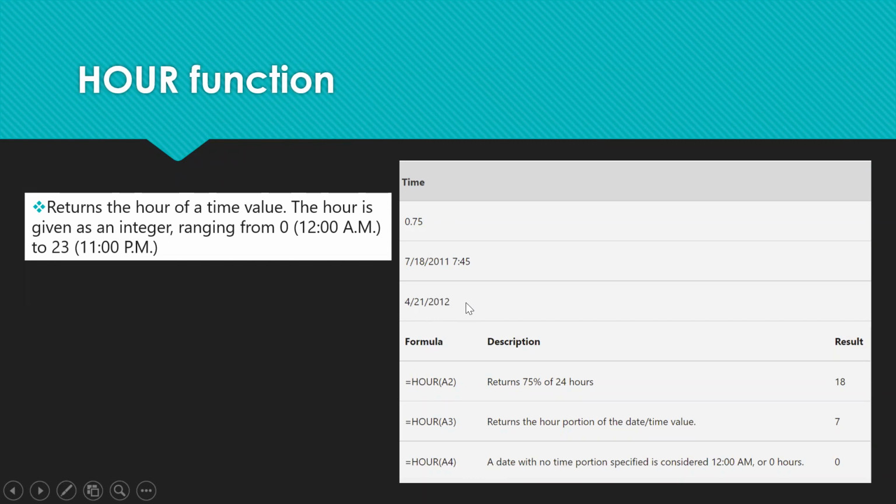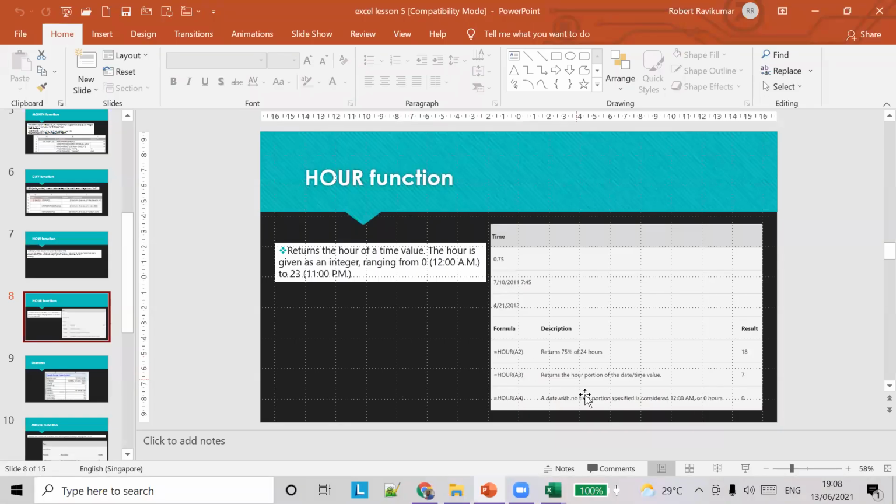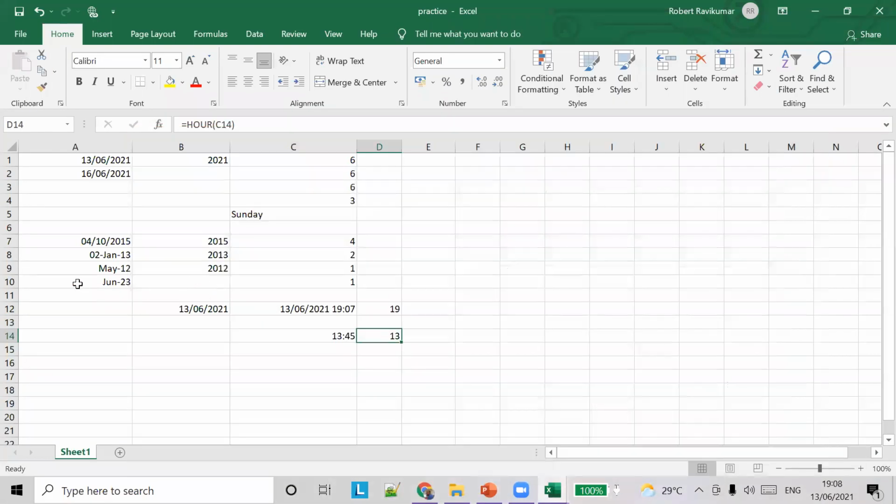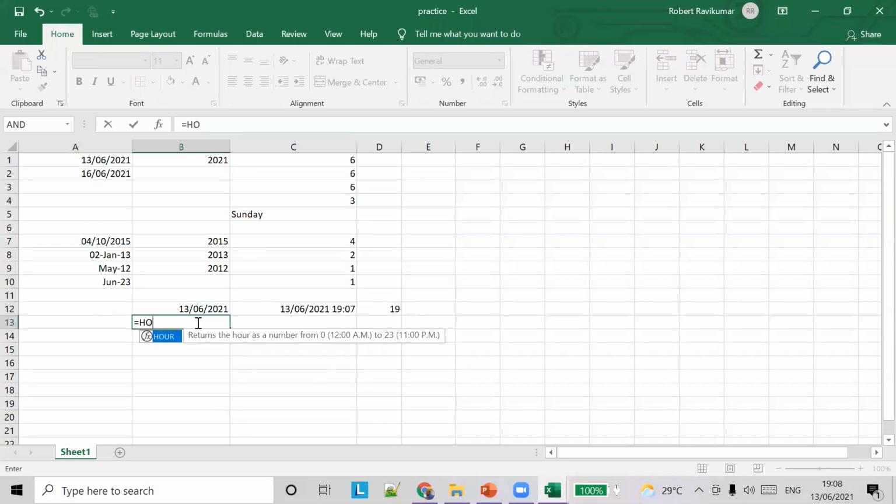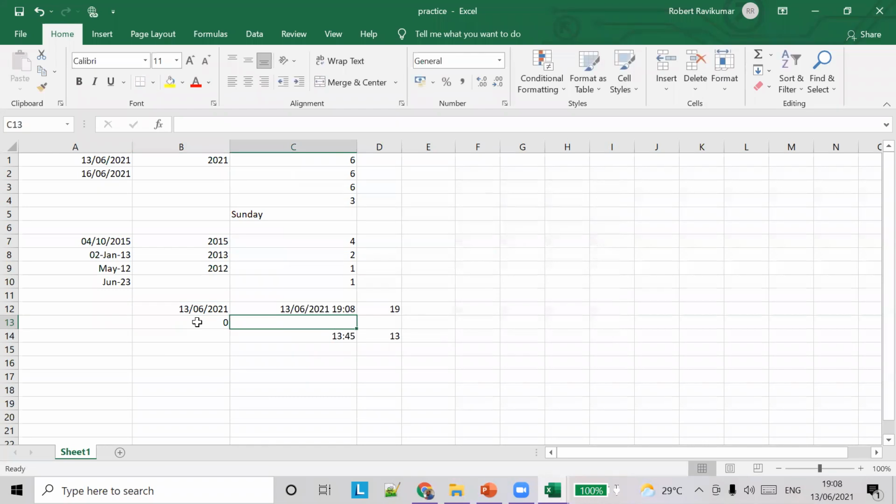Let's say if the hour is not specified, it's going to give you the default time. It's going to give the start time, as we saw in the day function also. When we didn't specify the date, it took the first date. Similar to that, it's going to take the first hour, which is 00. So if you want to find the hours of B12, it's going to give you 0, since the time is not specified here.